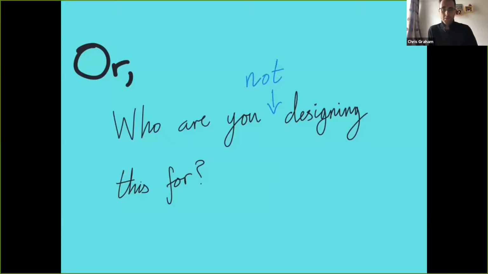This talk could have been called, "Who are you not designing this for?" The problem is that it's easy to imagine a student just like you while you're designing an e-assessment. And anybody else who's different because they have particular requirements or just come from a different background, you might have to make some effort to adapt to them.